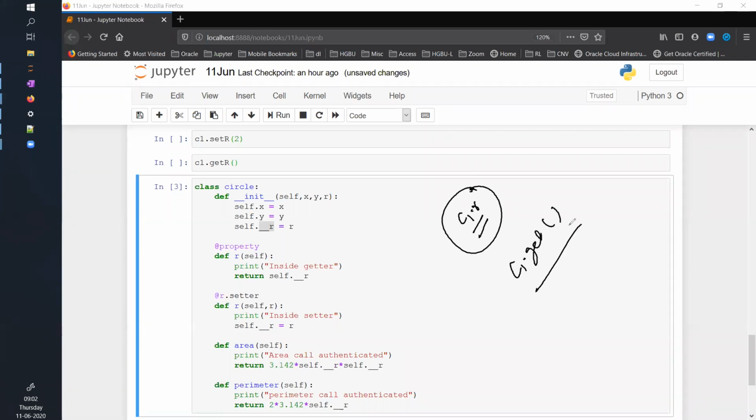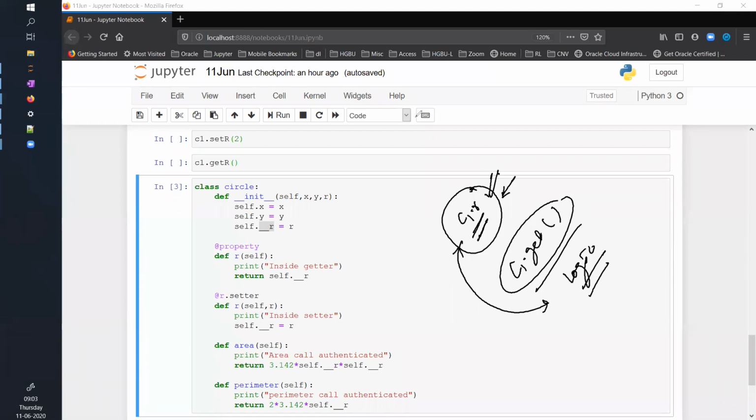I want the user to access the attributes in this style, but even if they use this style, the logic which I was writing within a function will get executed. You're getting my point. That is my intention.